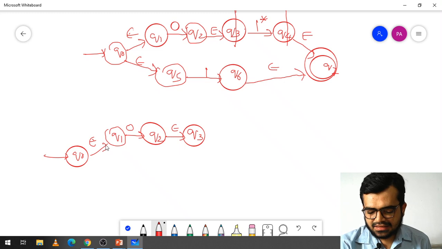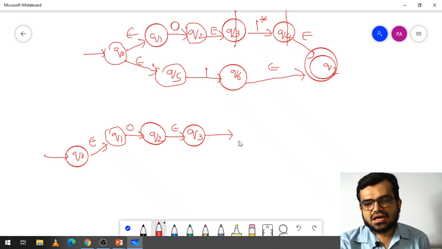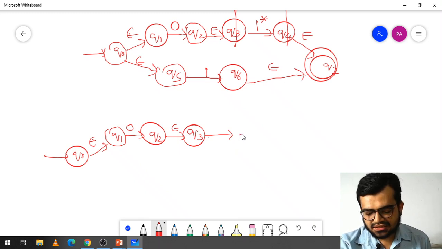Okay, now what we have to do here is expand this part, right? So how can we expand the part here? 1 is there, so I have to expand this value here.